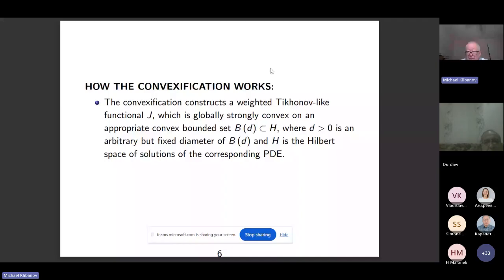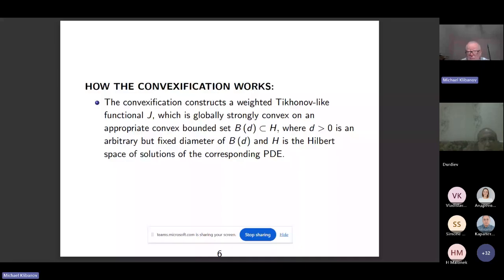But then I construct a weighted Tikhonov-like functional, which nobody has done. I introduce a weight in this functional, the so-called Carleman weight function, which is involved in the Carleman estimate for the corresponding originating differential operator. So as soon as I do it, then after some manipulations, I prove the theorem that if I have a bounded set B